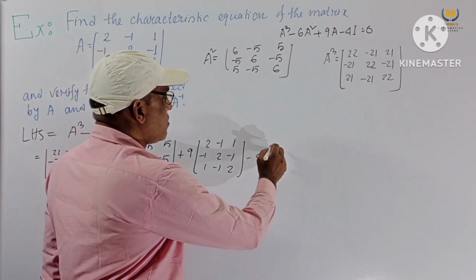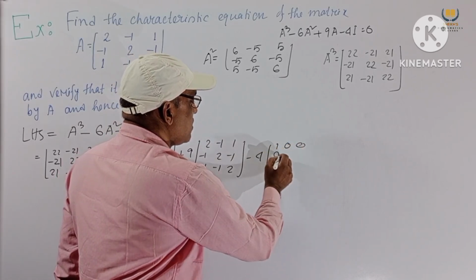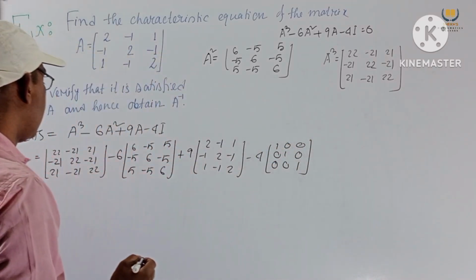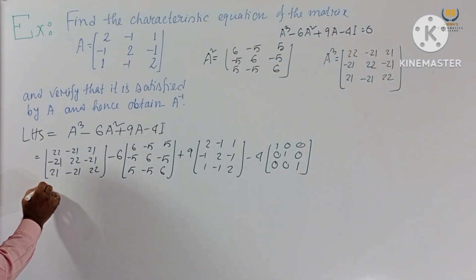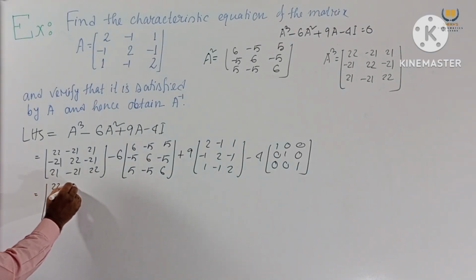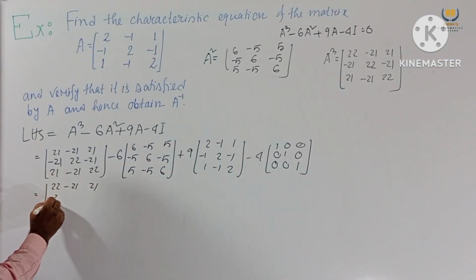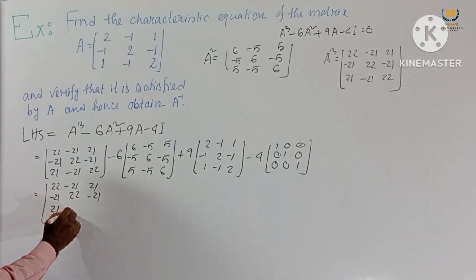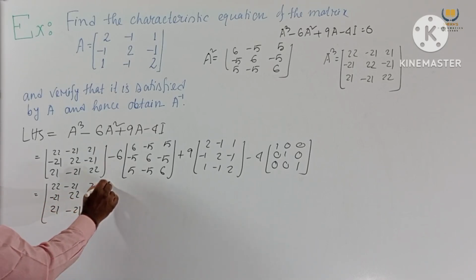I is 1 0 0, 0 1 0, 0 0 1. We get this, and this will be 22 minus 21 21, minus 21 22 minus 21, 21 minus 21 22,